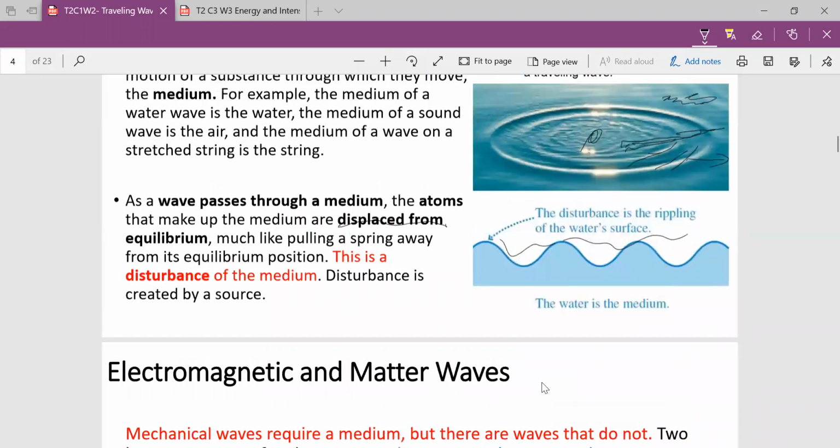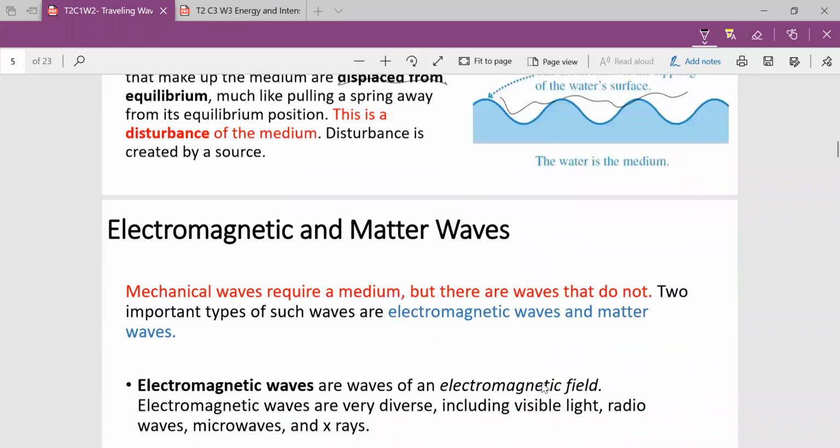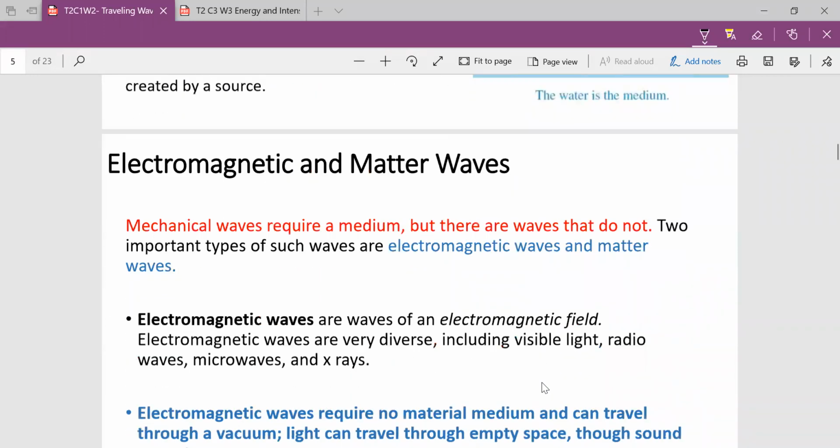That's all about mechanical waves. So let's move on to electromagnetic and matter waves. We have said that mechanical waves require a material medium for propagation, but not all kinds of waves require a material medium. One such wave that does not require a material medium for propagation is the electromagnetic wave. So we have two important types of waves which do not require a material medium for propagation,